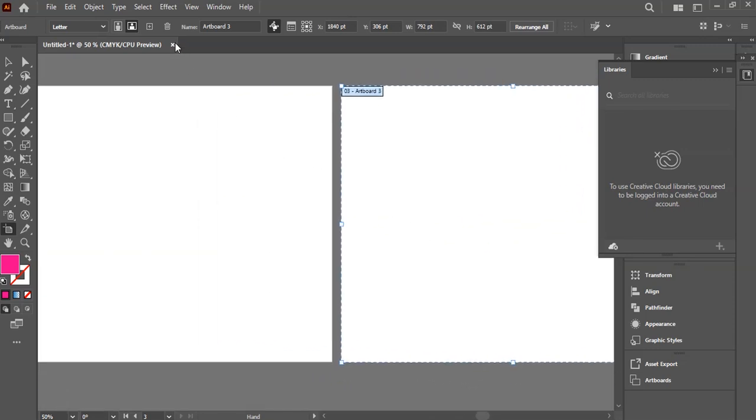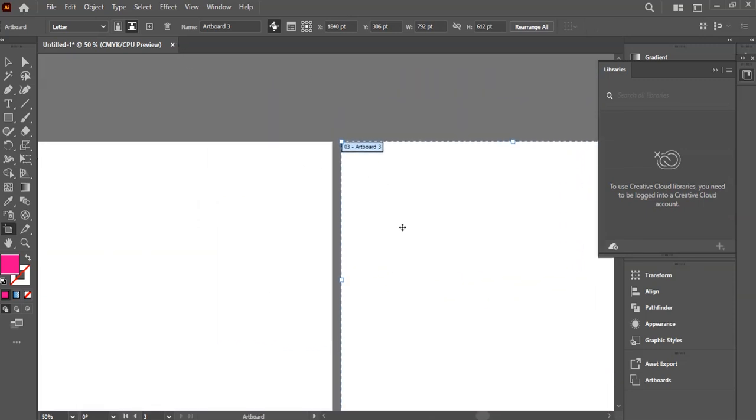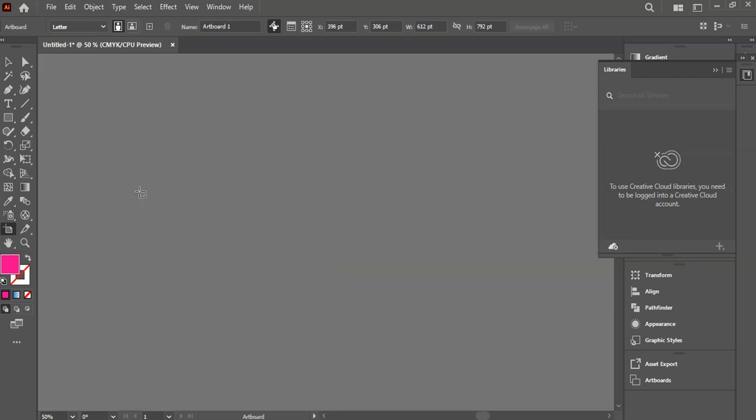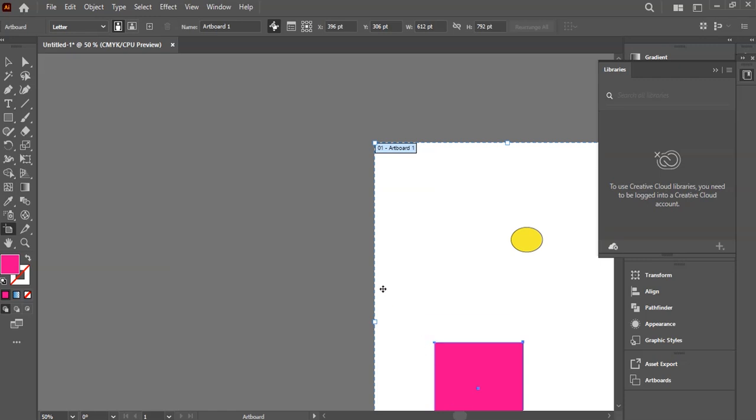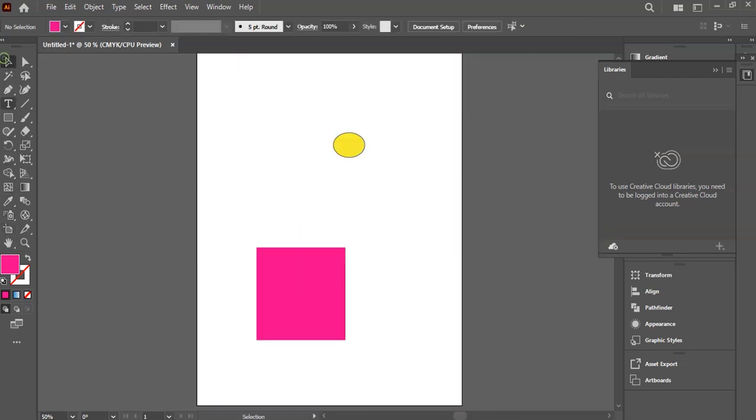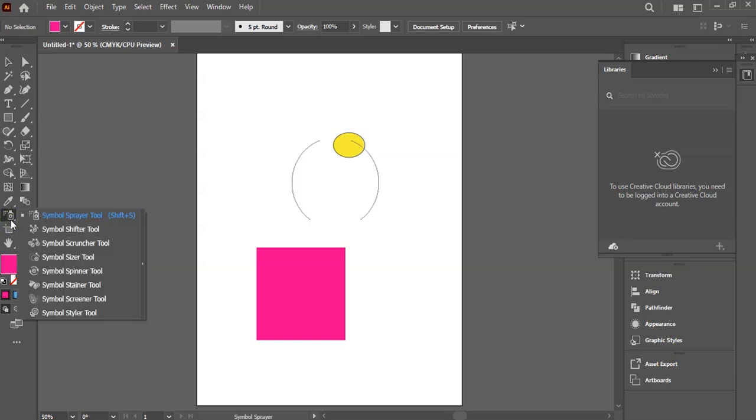Yes, cool. Then to delete an artboard, you just select backspace. That is how you delete an artboard. Now we remain with this artboard. Cool. We learned that